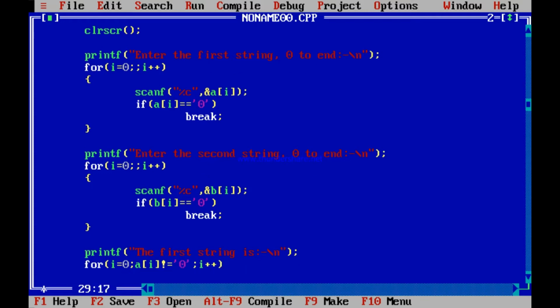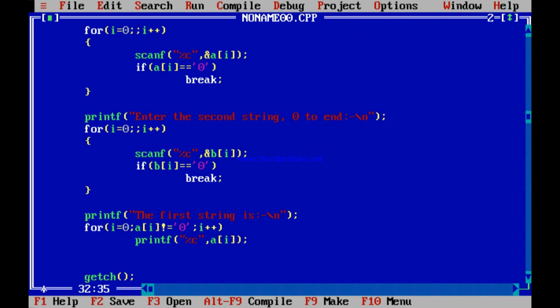What to do now? Very simple. Print each character one by one. printf %c, a[i]. So the first string is printed now, character by character.